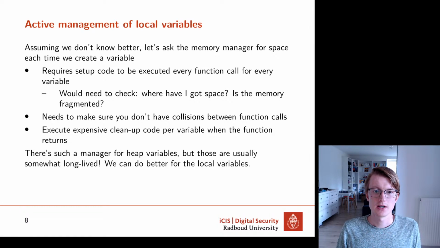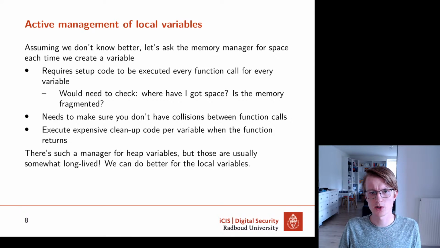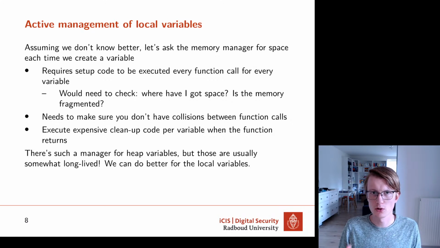This is a bit messy, but you might say, why do we accept this mess for heap variables? Well, those are usually somewhat longer lived, and they can be shared between different functions or different threads even, and that is possible. An acceptable loss, and also we don't really know how to do better there, but for local variables we can definitely do better,